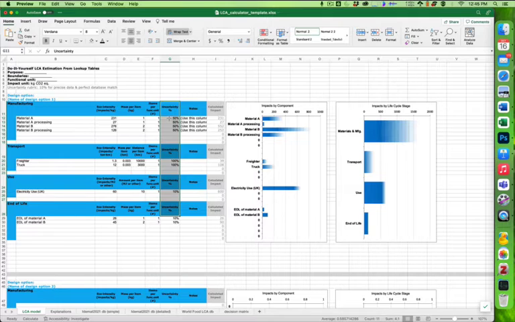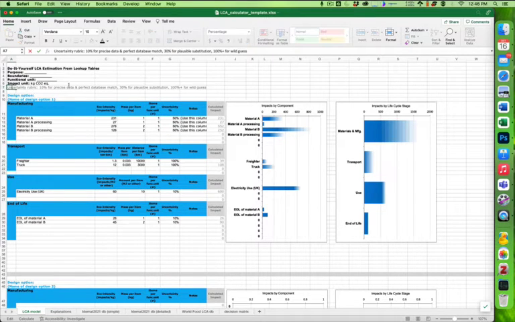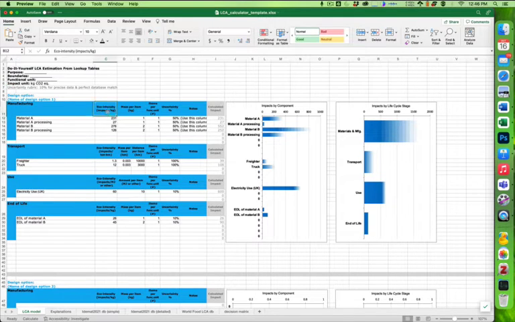And if you're not sure what numbers to put in here, there's a little rubric here that tells you 10% for precise data and perfect database match, 30% for a plausible substitution, 100% for a wild guess. And you can actually be bigger than 100%. It just kind of breaks the graph a little bit, but you can do your own analysis to work with bigger uncertainties. So, okay, the one thing that we don't yet know where to get is the eco-intensity here, and